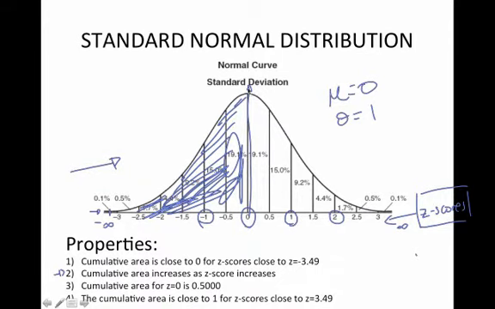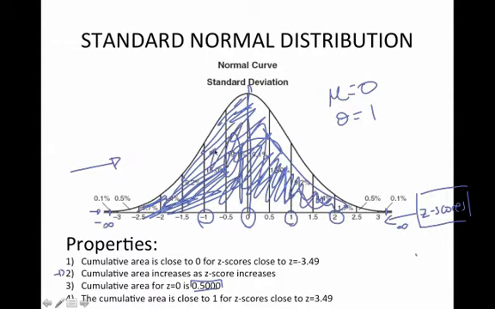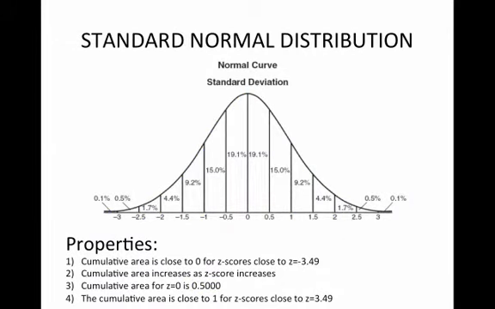The area for a z-score of 0 is equal to 0.5 or 50% of the curve. And the cumulative area is close to 1 for z-scores close to 3.49. So 3.49 is about here, and that's about an area of 1 or the entire area under the curve. We're going to use something called the standard normal table to find areas under the curve